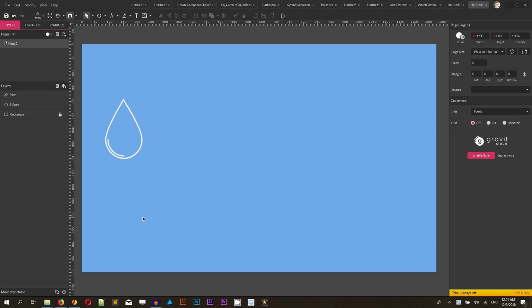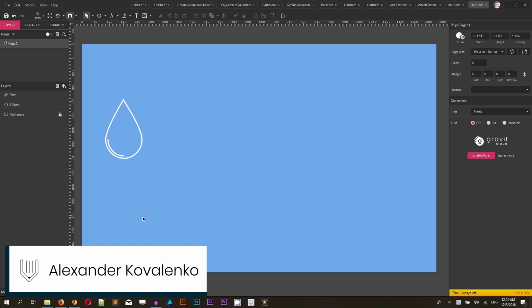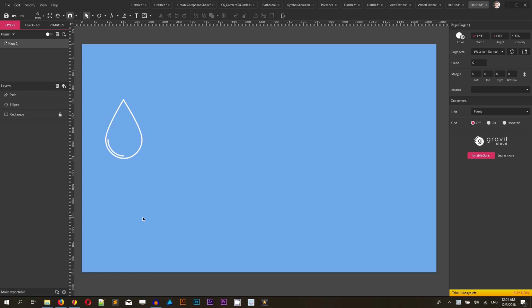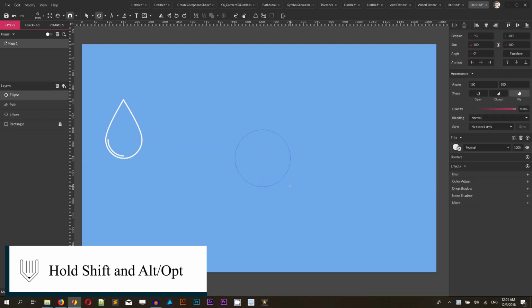My name is Alex, and in this tutorial I'm gonna show you how to create a drop icon in Gravit Design. So, a very basic tutorial, and I'm gonna start with a very basic shape. Click E on your keyboard or grab the Ellipse tool. Hold Shift and Alt, or Shift and Option on your Mac, to draw a circle